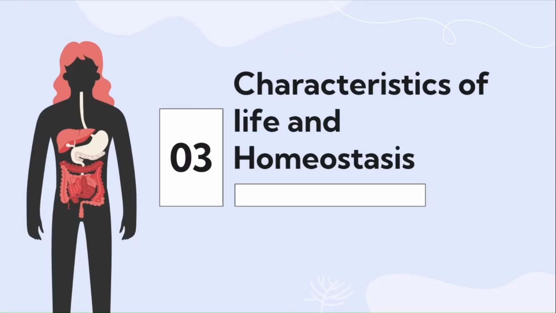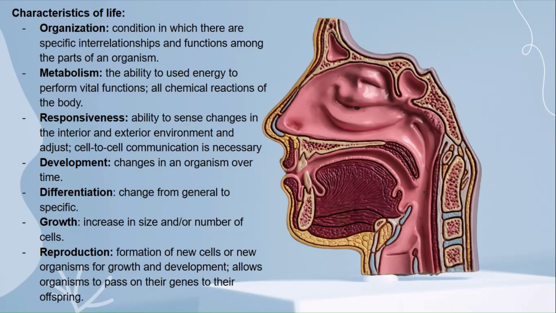Now, we talk about the characteristics of life and homeostasis. The characteristics of life include, first, organization. Organization is the condition in which there are specific interrelationships and functions among parts of the body. Next is metabolism. Metabolism is the ability to use energy to perform vital functions in all chemical reactions of the